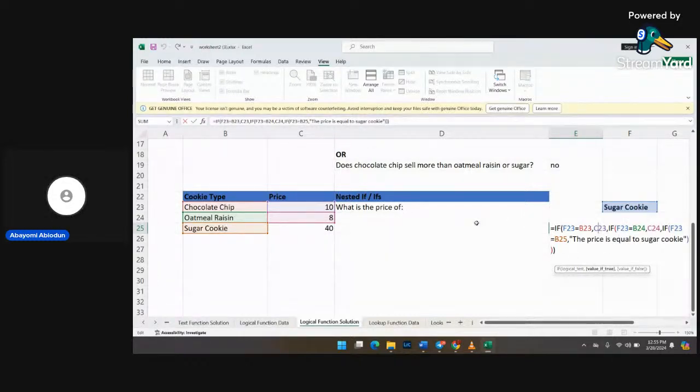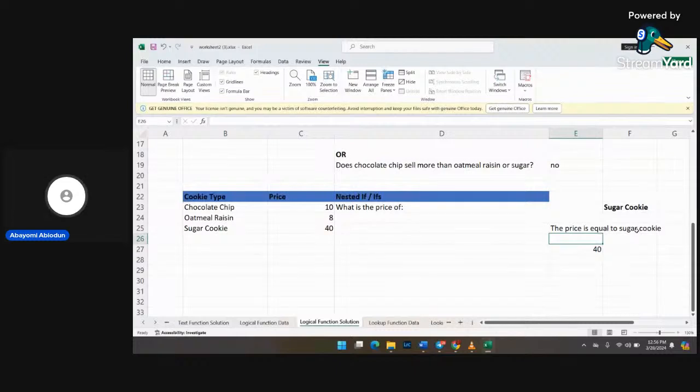Then we put the price, which is 8 here, which represents C24. For the third one, F23 equals B25, which is sugar cookie equals sugar cookie. Then the price is equals. So if we click enter here,